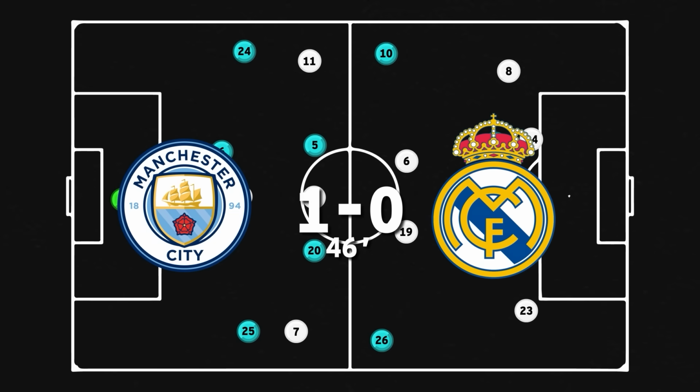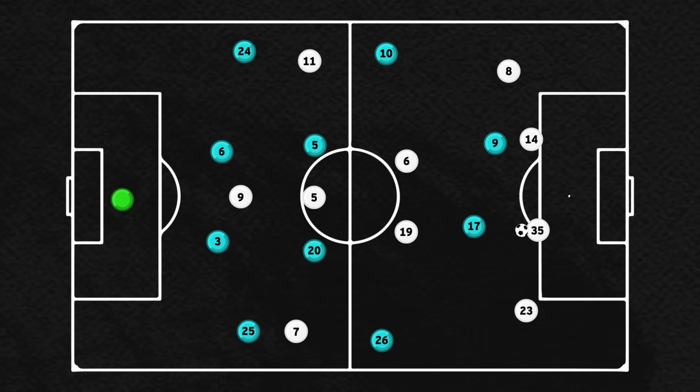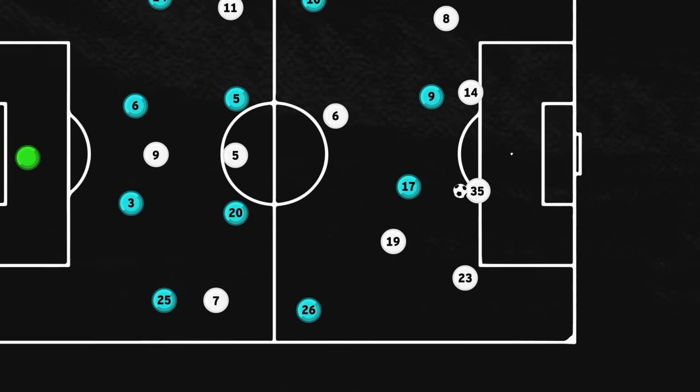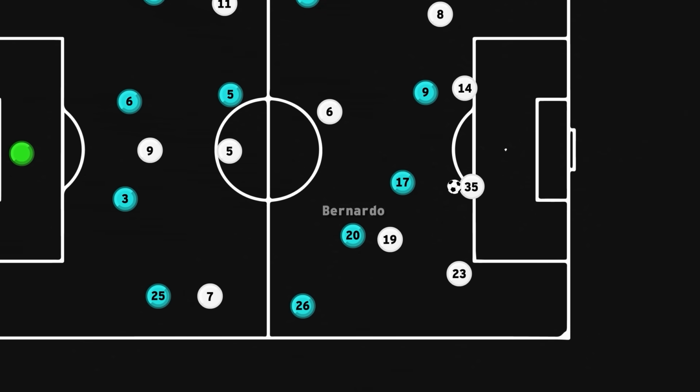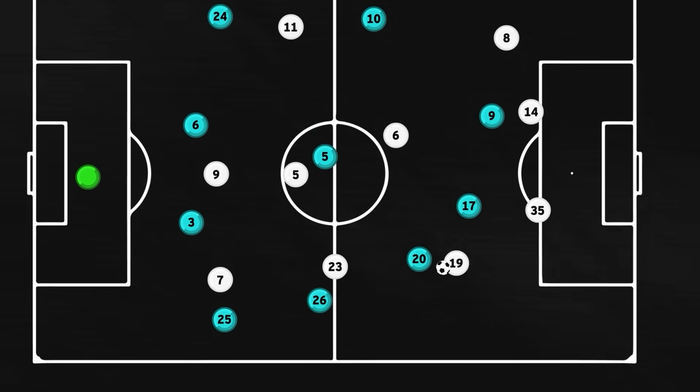But it was Madrid's second half tweaks that really turned the screw. They began manipulating City's midfield shape even more deliberately. Ceballos would drift into deeper positions on the left, forcing Bernardo to follow him. This created room for Mendy to either push high down the left flank or tuck inside,